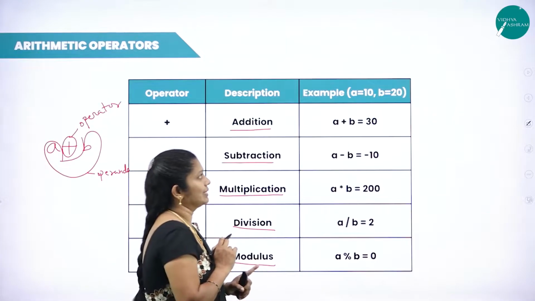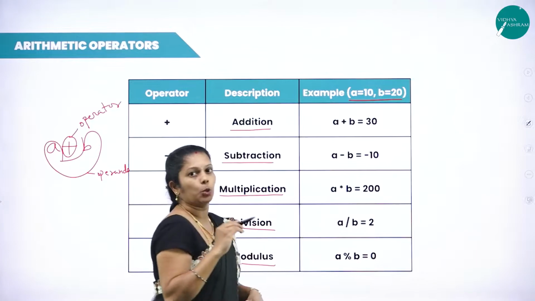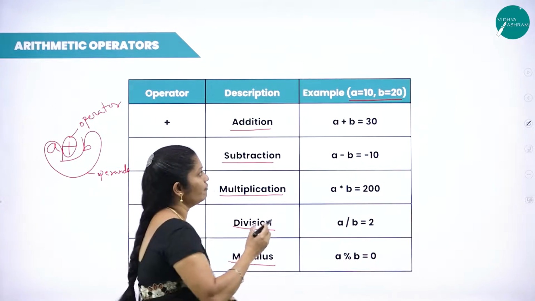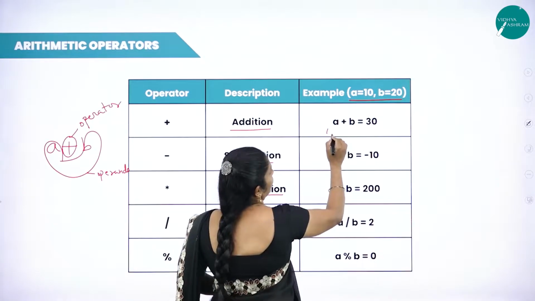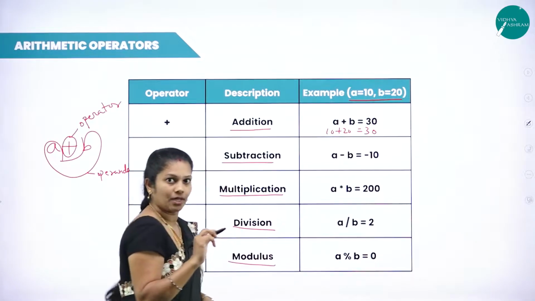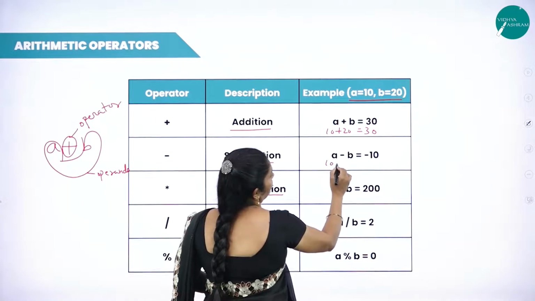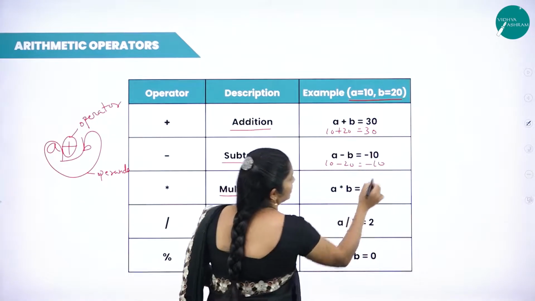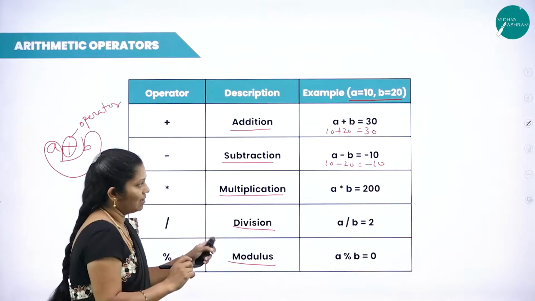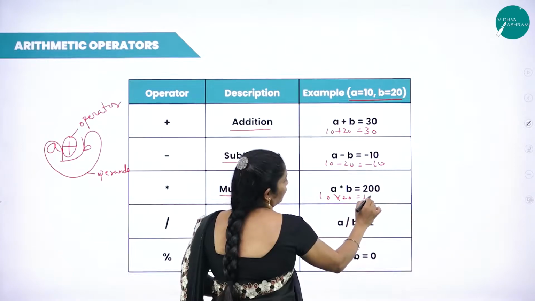We will show this with one example. Consider we have A equals 10 as well as B equals 20. Then when I perform A plus B, that is 10 plus 20, I am going to get the result 30 here. In the same way, A minus B, A is 10, B is 20, the result we are getting here is minus 10. In the same way, A into B, that is 10 into 20, if I perform it, then 200